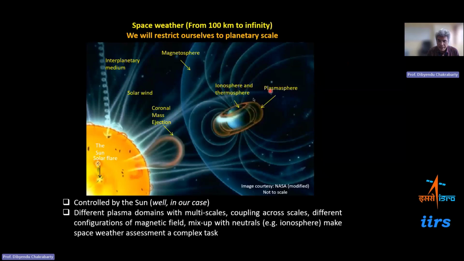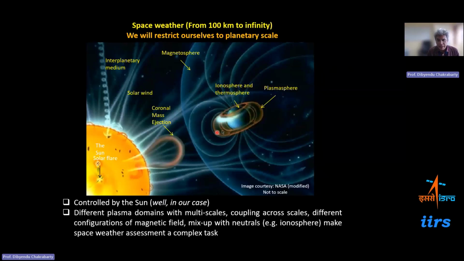And on the night side of it, which is the opposite side of the sun, the magnetosphere is elongated to a very, very high distance. If I give you a rough idea of the scale that I'm talking about, the moon is at a distance of 60 Earth radii, and the magnetosphere can go up to 100 Earth radii. One Earth radius is around 6,300 kilometers or so.